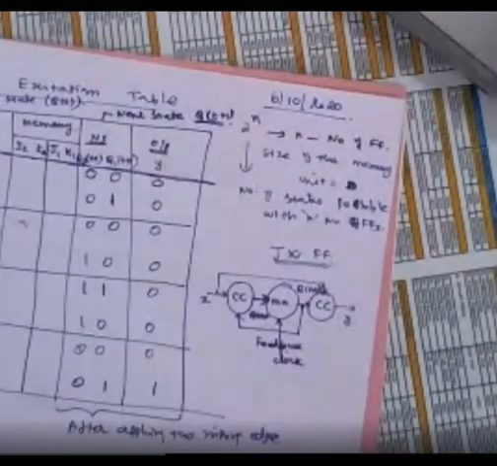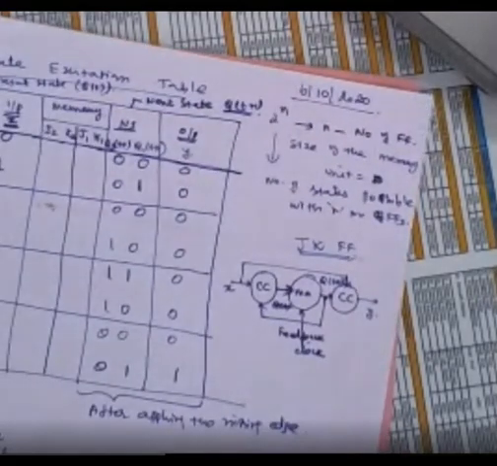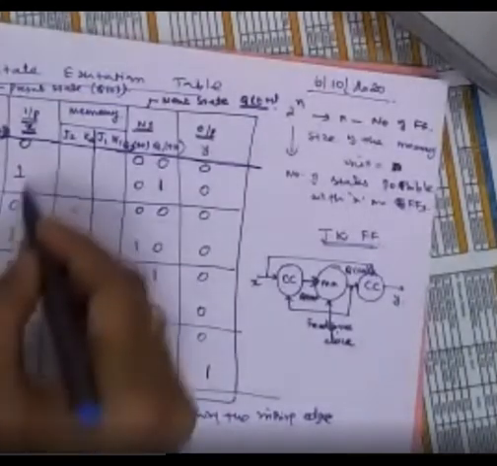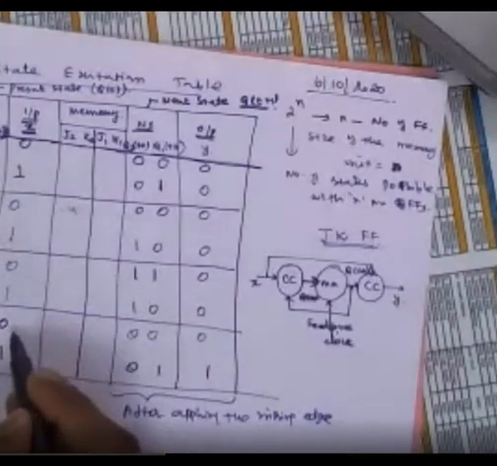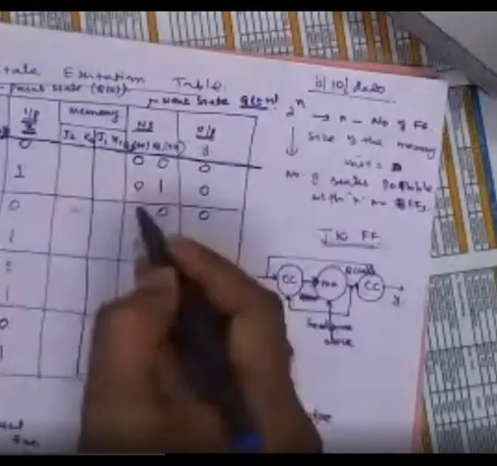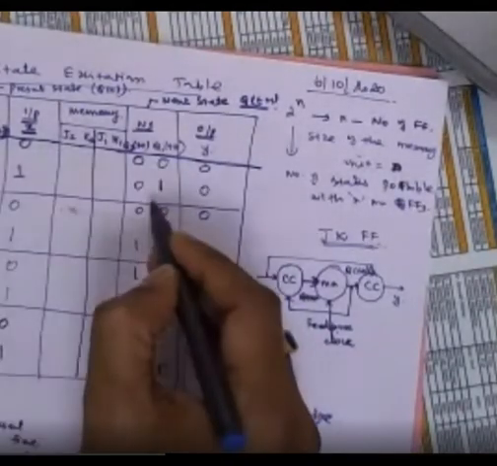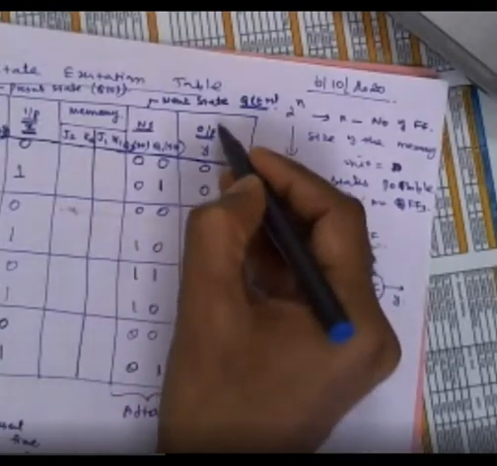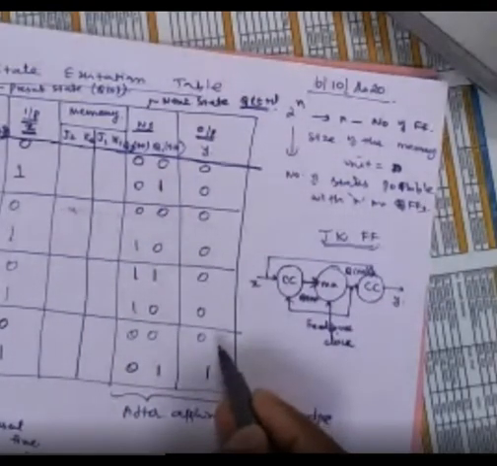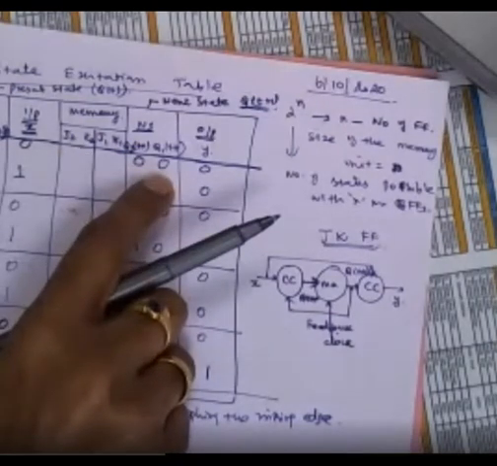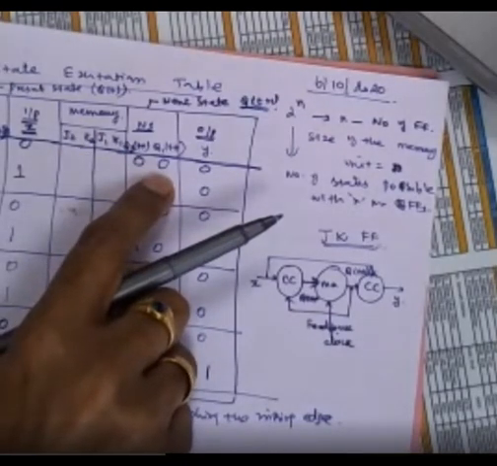Clock will be here now, right? So now the question is, I know my present state. I know all the possible inputs here. Understand? And I know what is required also. What should be the next state also we know now. And we know what is the output also required now. But to get from this state to this state, what is the input I needed to feed to JK flip-flop?